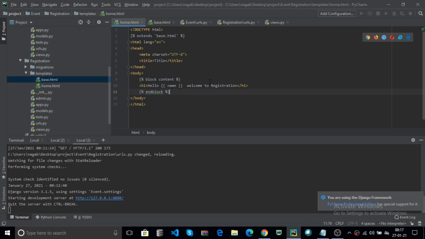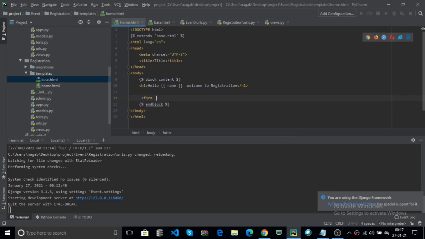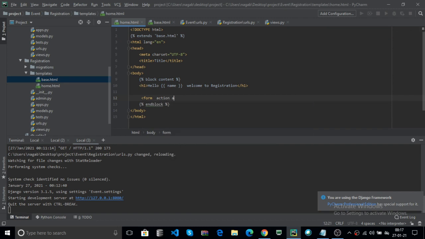For example, I create one form, like one registration form. For example, form action, I use the action equal to add registration here. Now enter your name here.